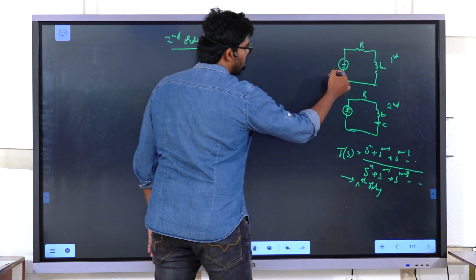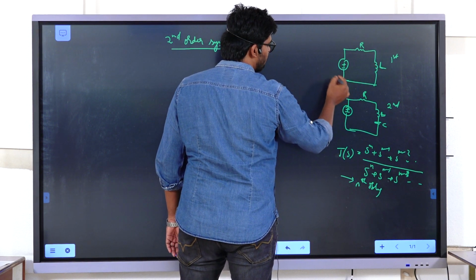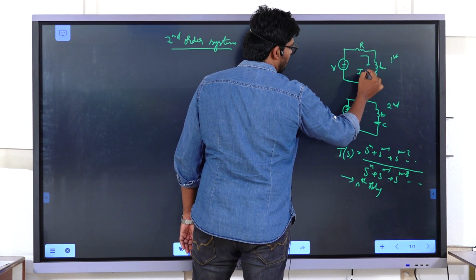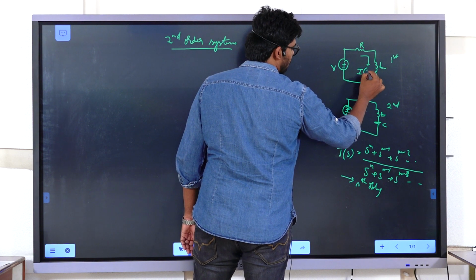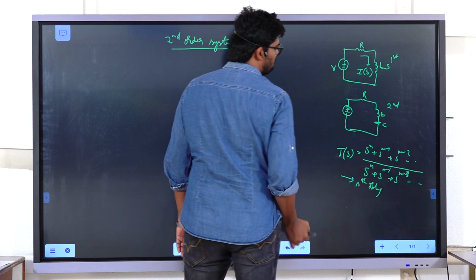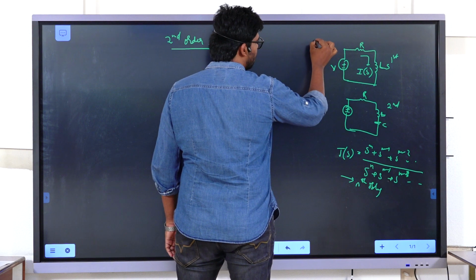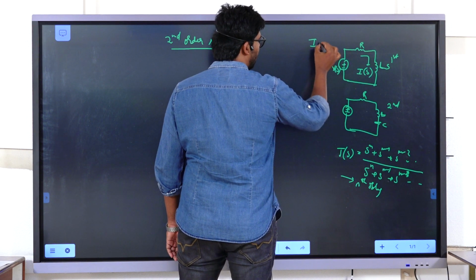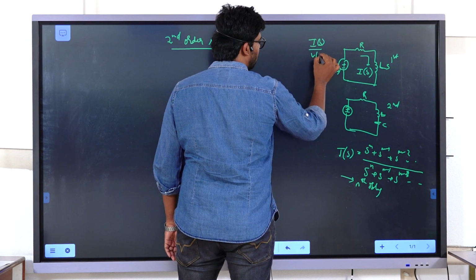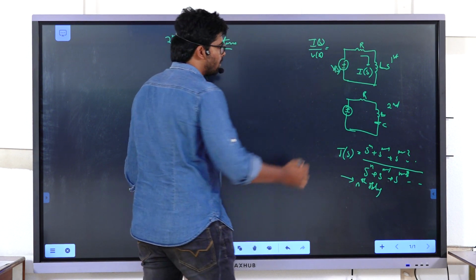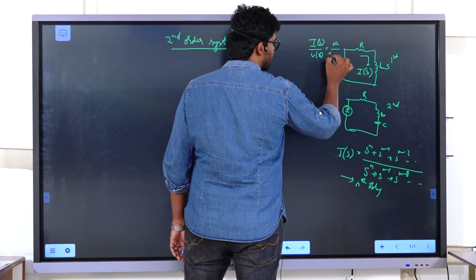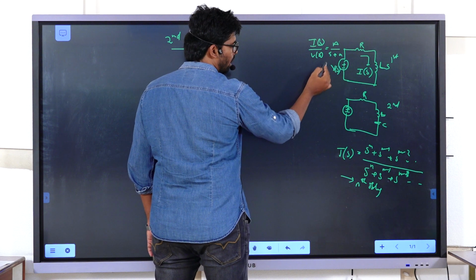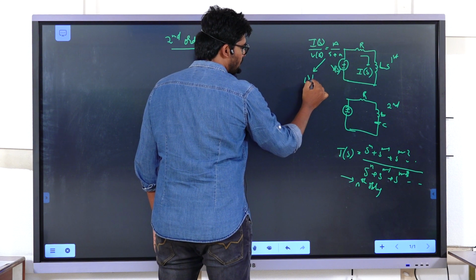Okay. So if you want to find the order of the system, this is the input. You would like to take the response, that is the current through that inductor as the response. So I of S is the response. If you transfer it to the Laplace domain, the transfer function means output by input, the Laplace of output by the Laplace of input. You have it in the form of some constant by S plus constant. Okay. So the power of S is 1, so this is first order.